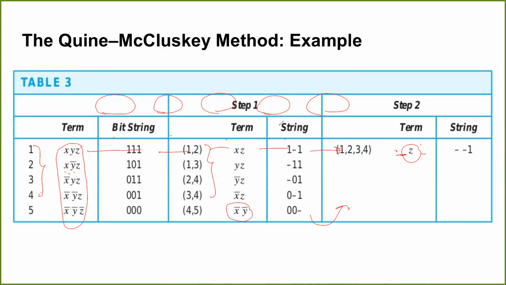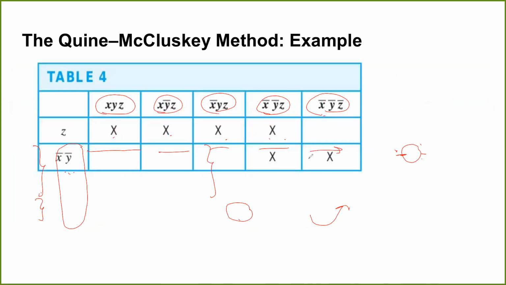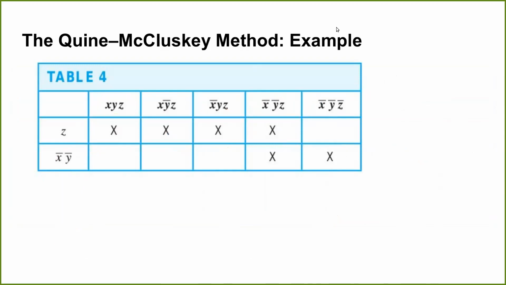Similarly, what are the 2 terms which help you get this XY? They were just 4, 5, right? So you put an X in these 2 terms. So in general, if you get multiple terms, any row which has even a single X, that term you have to consider. So if you look at the final expression, what would be the final equivalent answer for this? Yes, class, what are the terms which you finally reduce this Boolean expression to?